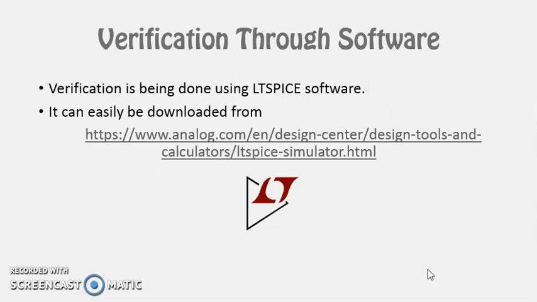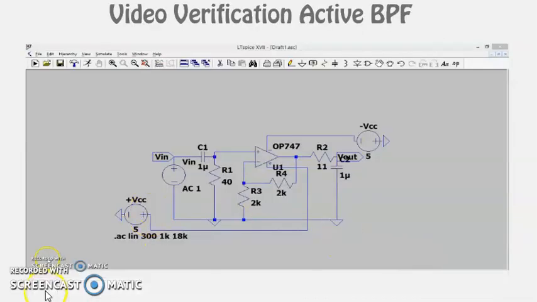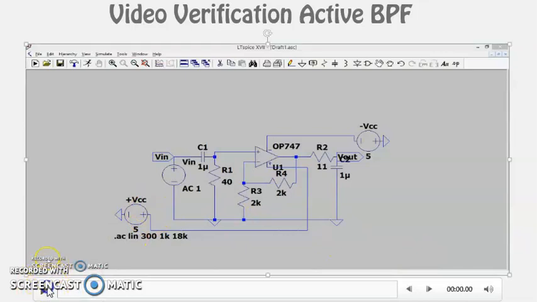We'll use the same tool that was used in the previous lab to cross verify these things. So I have already made this circuit in LTSpice. You can see that the source has been set to AC 1, and the R1, C1 values have been set, and R2, C2 have been set as already calculated. Moreover, the values of R3 and R4 are kept as 2 kilo ohms each, and we are making use of op-amp 747 as we did in the previous labs.